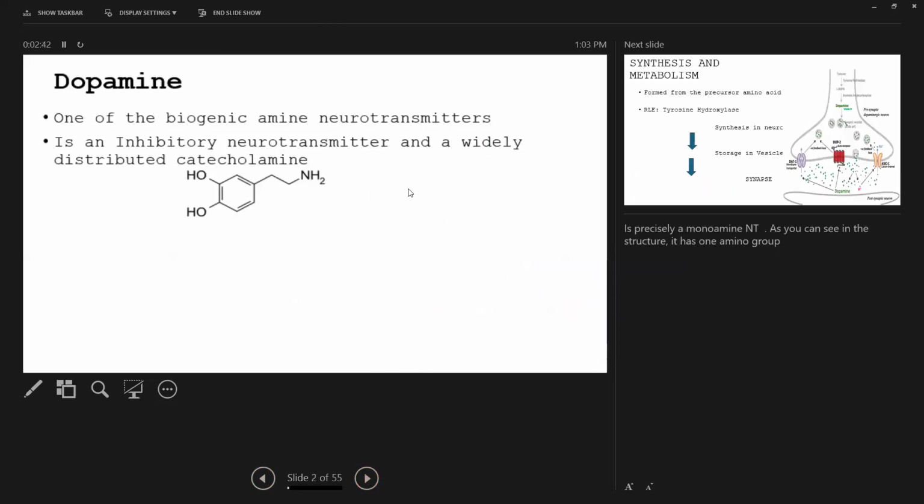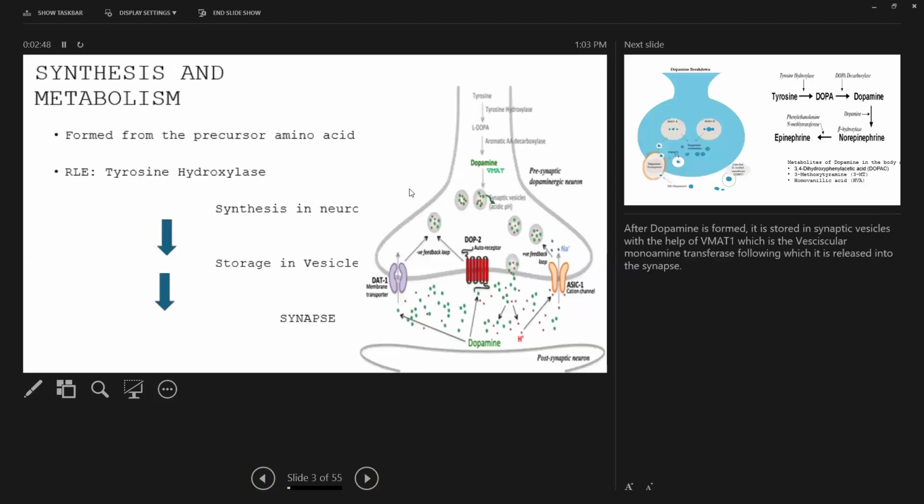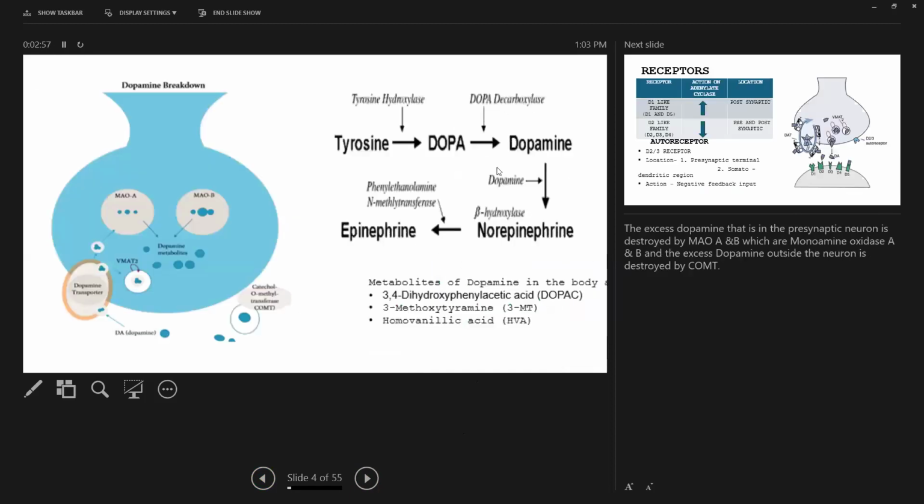Dopamine is one of the biogenic amine neurotransmitters. It is an inhibitory neurotransmitter, and it is a widely distributed catecholamine. It is synthesized from tyrosine. The rate-limiting enzyme is tyrosine hydroxylase, which converts tyrosine into dopa, and dopa is converted into dopamine by dopa decarboxylase, and dopamine is converted into norepinephrine by dopamine beta hydroxylase, and further norepinephrine is converted into epinephrine by phenylethanolamine